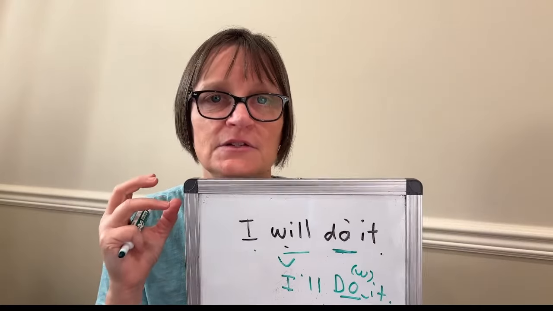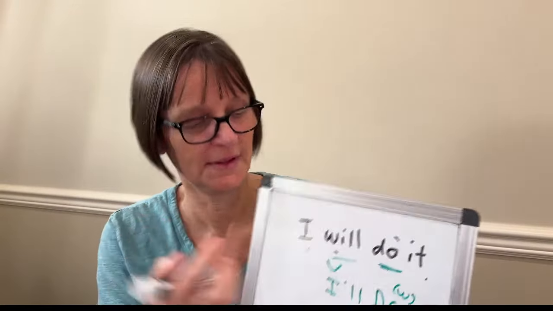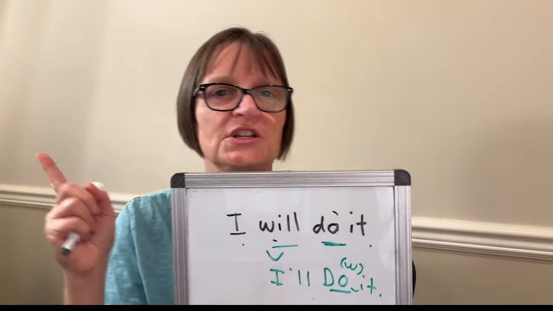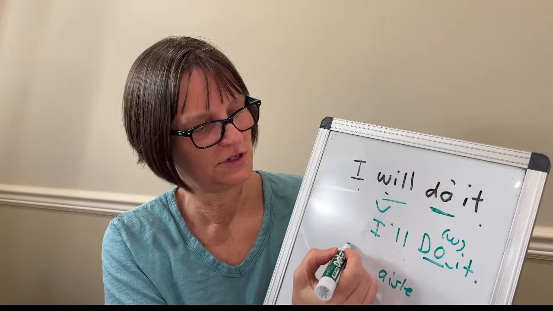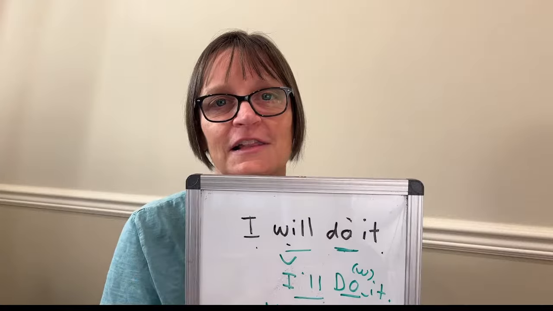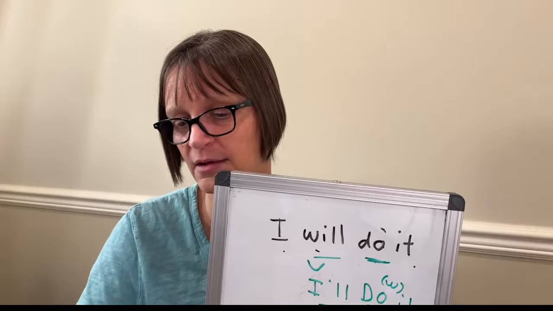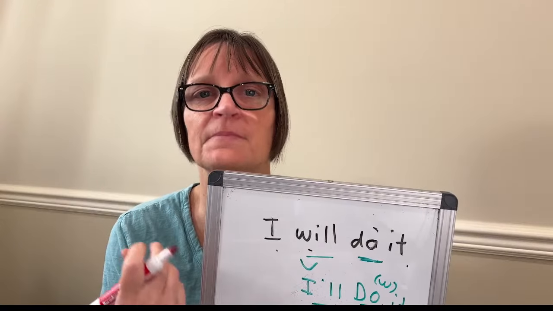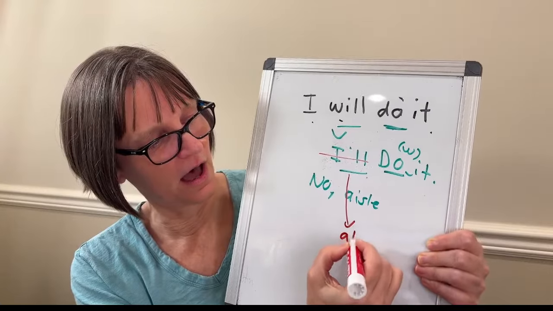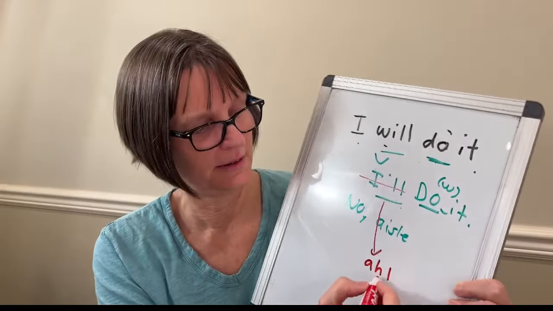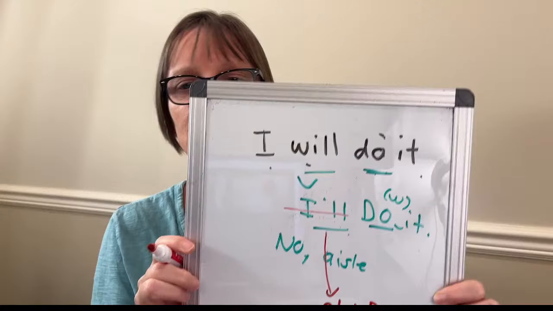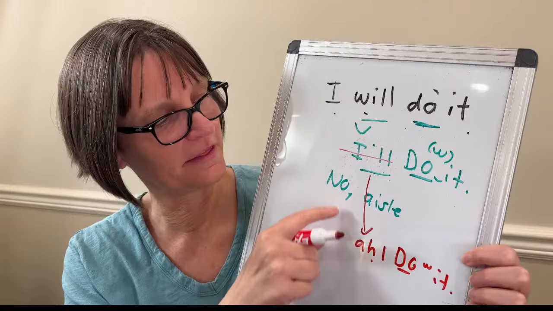So you don't want to break it, not "do it," but "do it." I'll do it. And then the I'll, if I asked you, will she do it? And you're saying to me, no, I'll do it, stressing on I'll, then it's going to get the clear I sound. But in most cases, if I say, will you do it? You'll say, I'll do it. This changes even further to be more of an ah sound. I'll do it, because again, do is what's important there. So I'll do it rather than I'll do it.